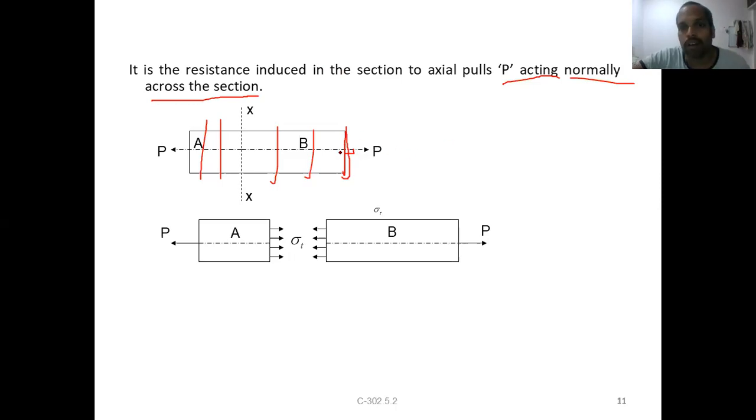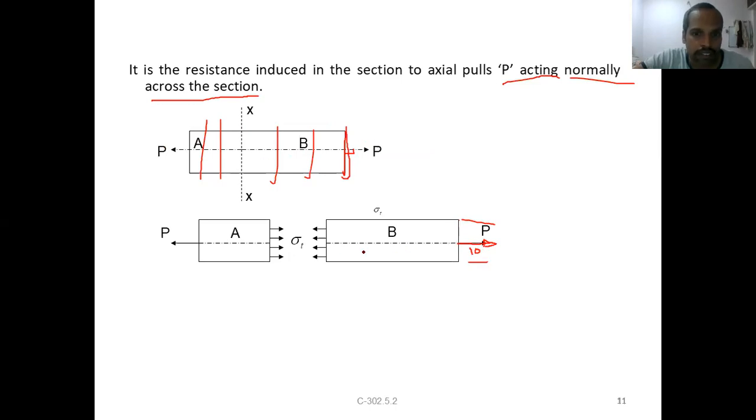Axial, one more term. Axial means load acting along the axis of the member, along the centroid of the member. Now you know the centroid. So we can say the load acts along the centroid of the member. Let us say this dimension is 10 m. Where does the centroid lie? At 5, equal distance from here 5 and here 5, because it is a rectangle. So the load acting from the midpoint, through the centroid, is nothing but axial load.